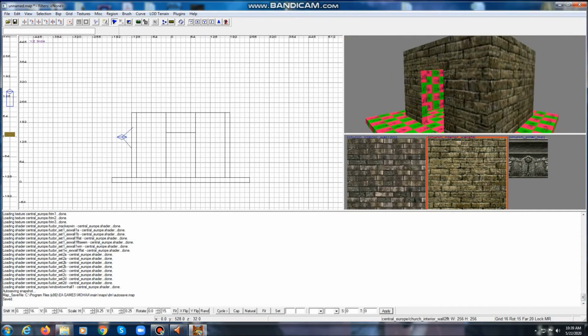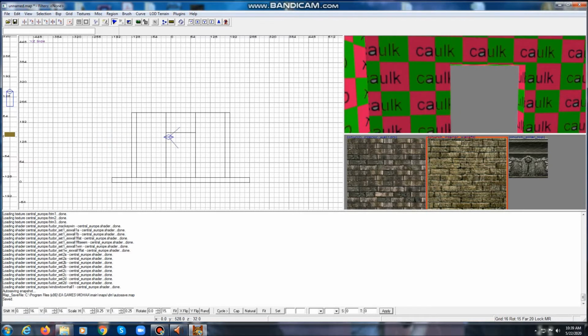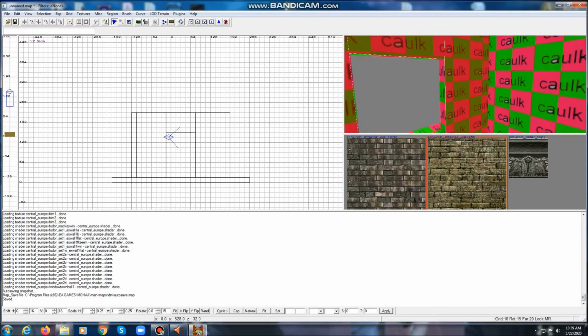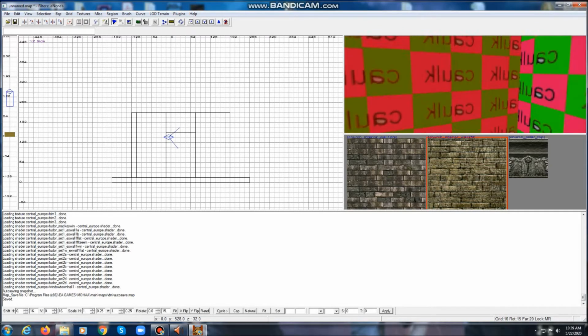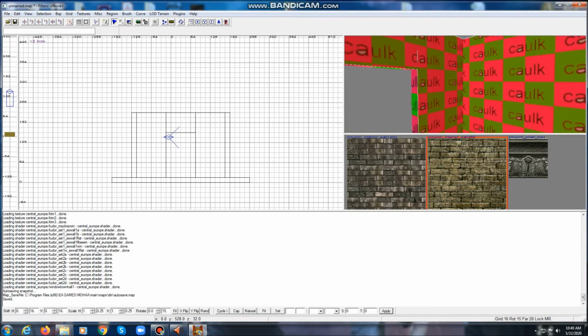So now the whole outside is one brick, and we go inside, we're going to shift control left click,